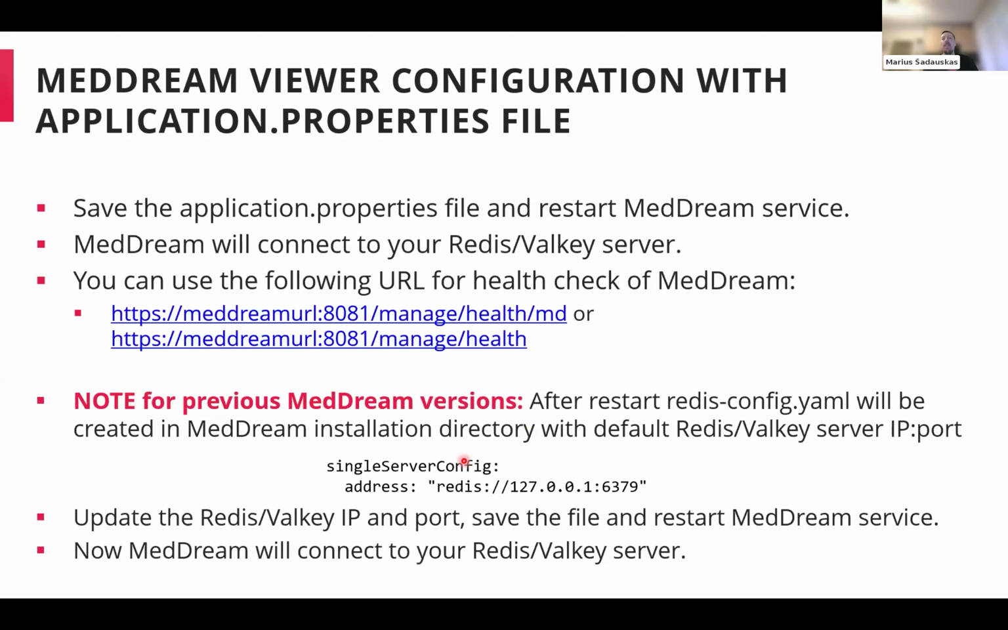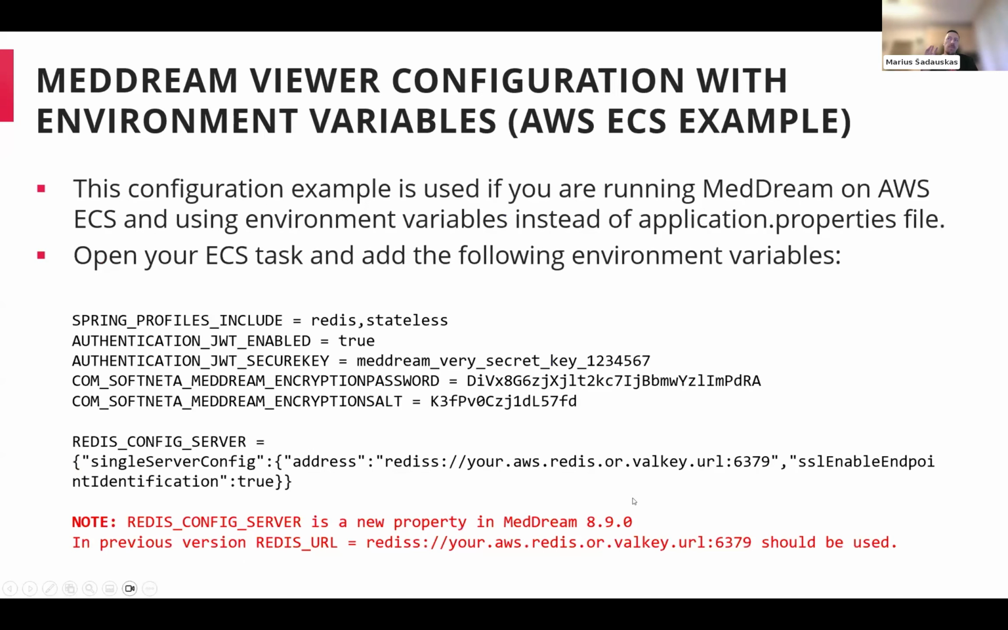So these are the differences between the versions. Depending on which version you use, keep this in mind. Another example here is for AWS. If you are running MedDream on Elastic Container Service and you are using environment variables instead of application properties, so everything you have is in environment variables,